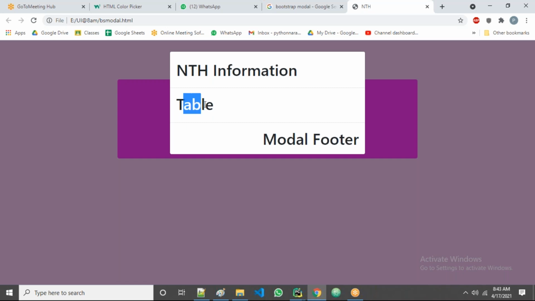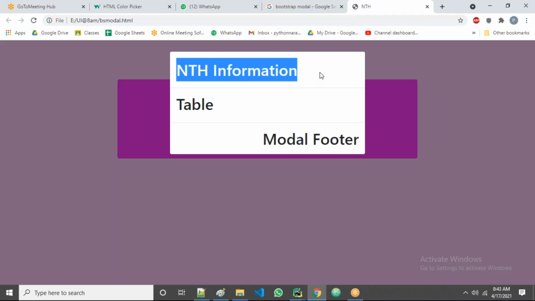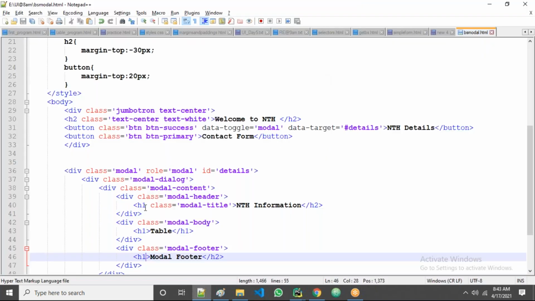Now in the body, what do we display? It seems very big, a bigger font size is there. Let's go with some H3, guys.